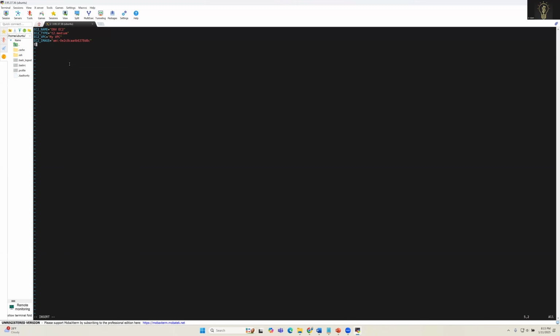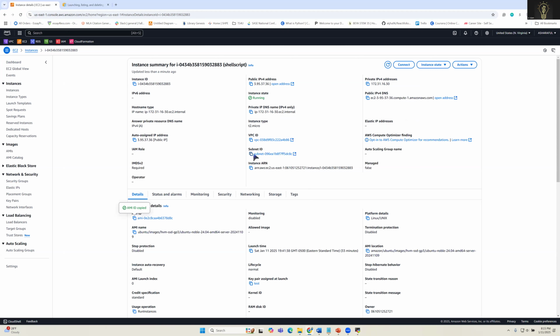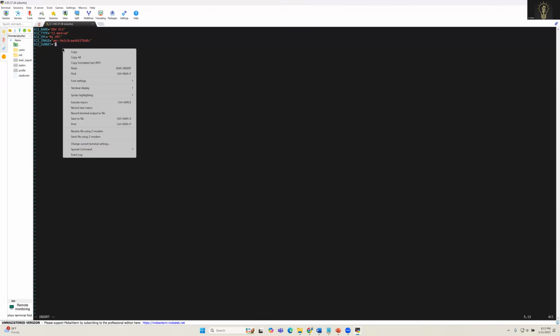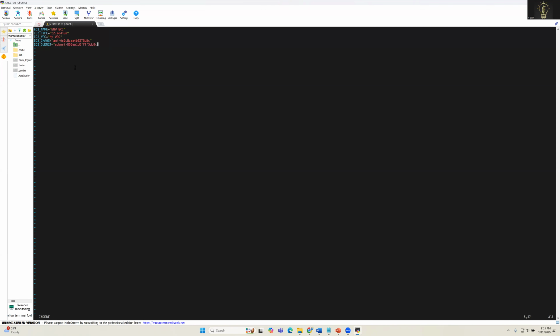And now I have to add the EC2 subnet equals, and for that I have to copy the subnet ID, which is this one, and paste it here. Okay, so everything looks good. So let me save and quit. And now if I do the beam create.sh,